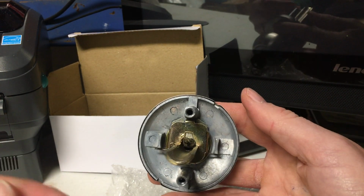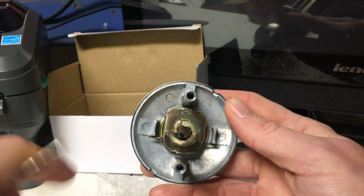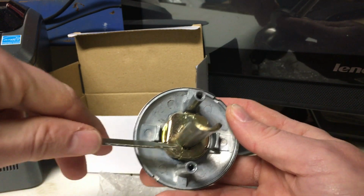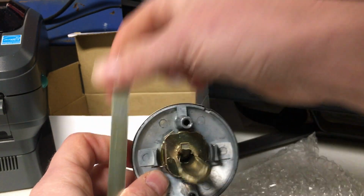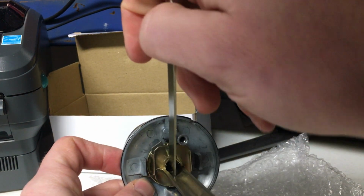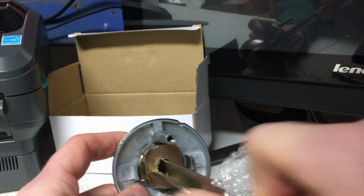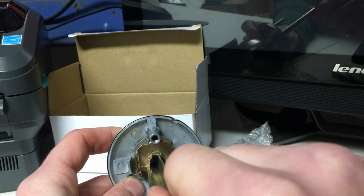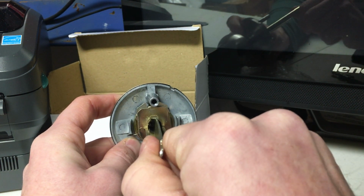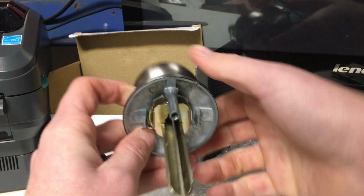Then now we're going to remove the cylinder. What you'll do is take this forked end and slide it down. You can see this little gate here, and when you're moving this tab up and down, you can see that gate moves. So what you want to do is take this fork end, slide it down in there under that gate, and kind of wedge it up and slide it down till it bottoms out. You'll feel it bottom out when it hits the cylinder. You can see this can go left or right a little bit. You want to get that set in the middle right there, so it's perfectly vertical. It's holding that gate up. Then just a little quick tap on the table